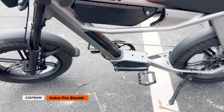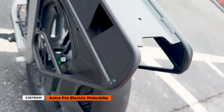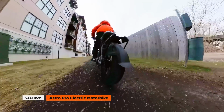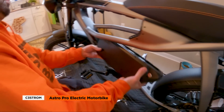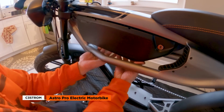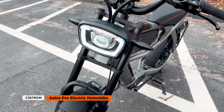Now, the C3STROM Astro Pro costs less than the CTY2, has the longest range, a unique futuristic design, and an integrated rear rack, but it does lack rear suspension, and the upside-down battery mount makes it awkward to remove, and if the battery isn't securely locked in, it could easily fall off. But those are minor nitpicks considering the features you get and the unique geometric style that stands out amongst